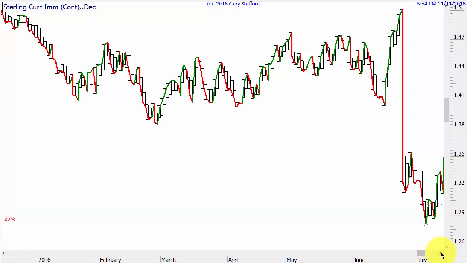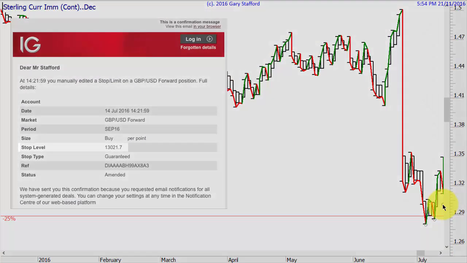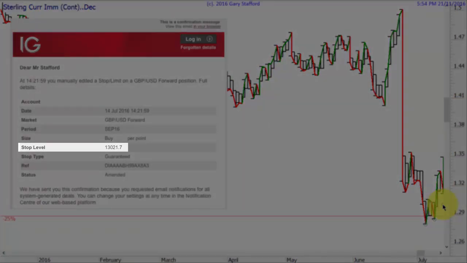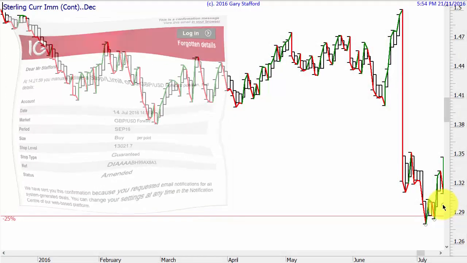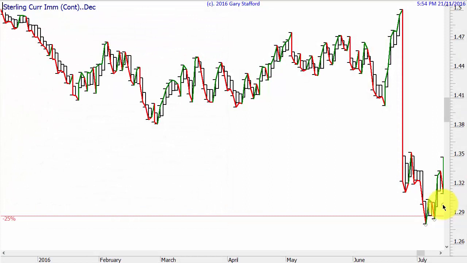Next day we had another movement. I can't remember if it went up at the end of the day, I think it did, and on that day I moved my stop loss to break even. My break even point was there, so I moved my stop loss to there. I spread bet, so basically what it means is I do a guaranteed stop loss, and that means I can't lose no matter what. Now psychologically, once you can't lose anything, you'll find you'll start watching it all the time, but you shouldn't be watching intraday prices anyway, regardless if you're making money.